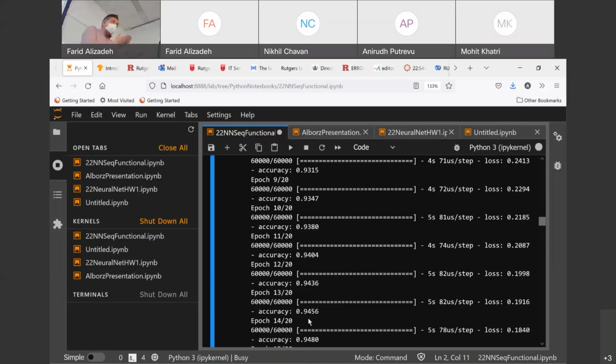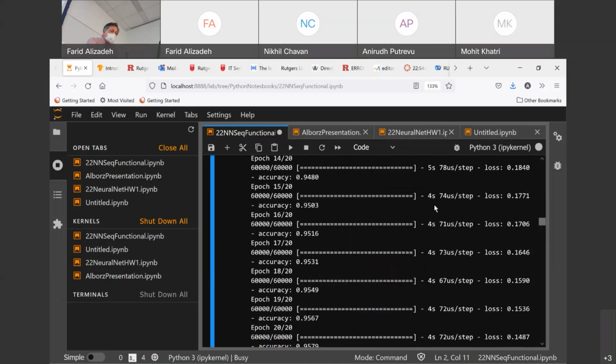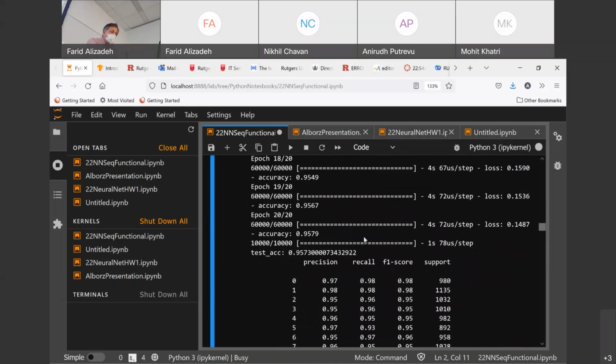However, it's also keeping track of accuracy by taking the partially created W's and using those W's to predict the training set. It doesn't have anything to do with the test set. It doesn't know about the test set. And so at the end, we get to about 95% accuracy, 95.7 accuracy. Okay, so